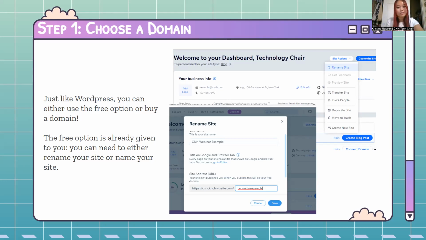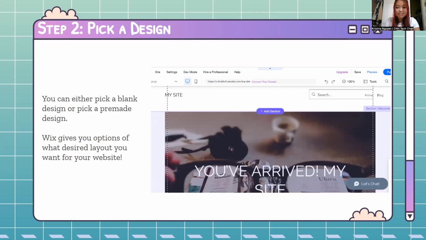But if you want to do a domain where it's just like, let's say, UCLA CKI.com, you would have to buy that, and that's paid. But again, talk to your club to see which option you could do for that. But after you pick a domain, you pick a design. And the thing about Wix is